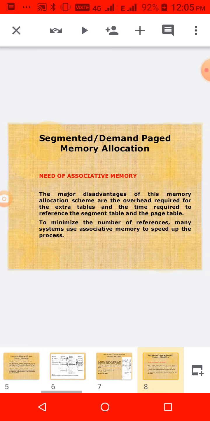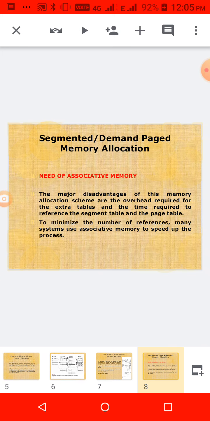Here one extra concept is added: associative memory. This is not available in plain segmentation and paging concepts. In order to do the process in an efficient way, we are adding some additional memory called associative memory.